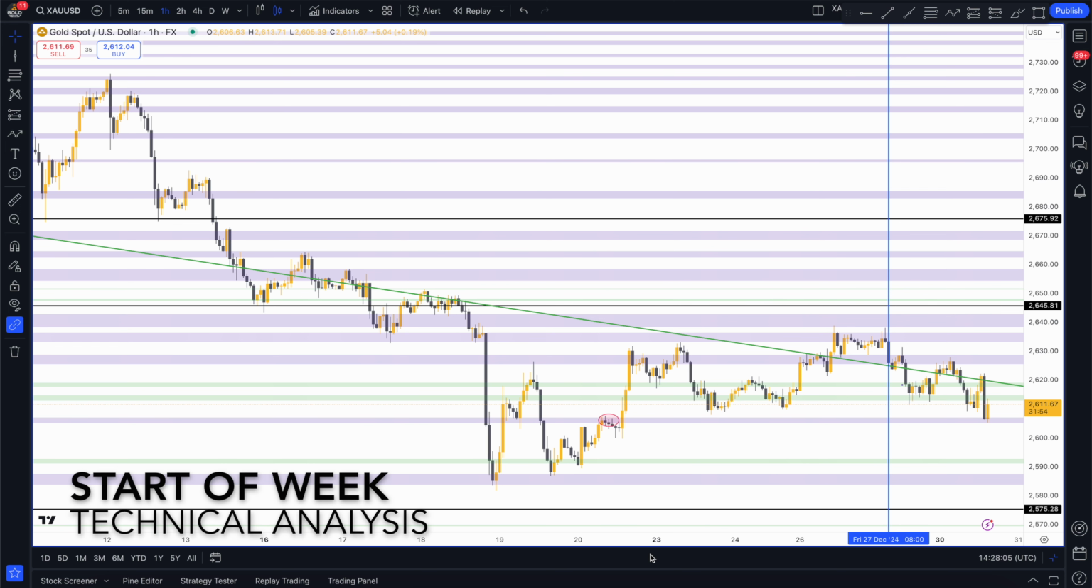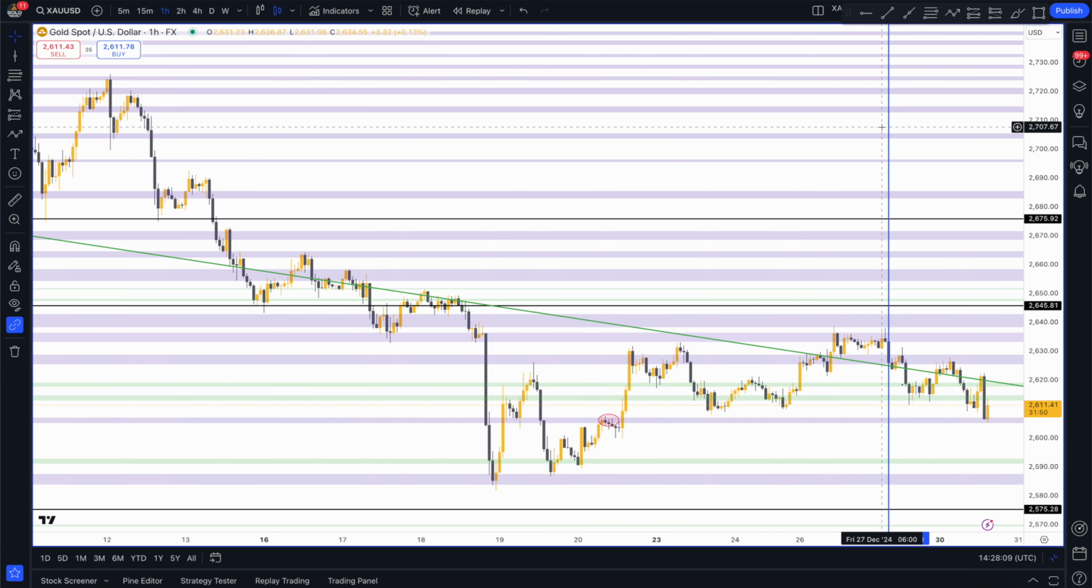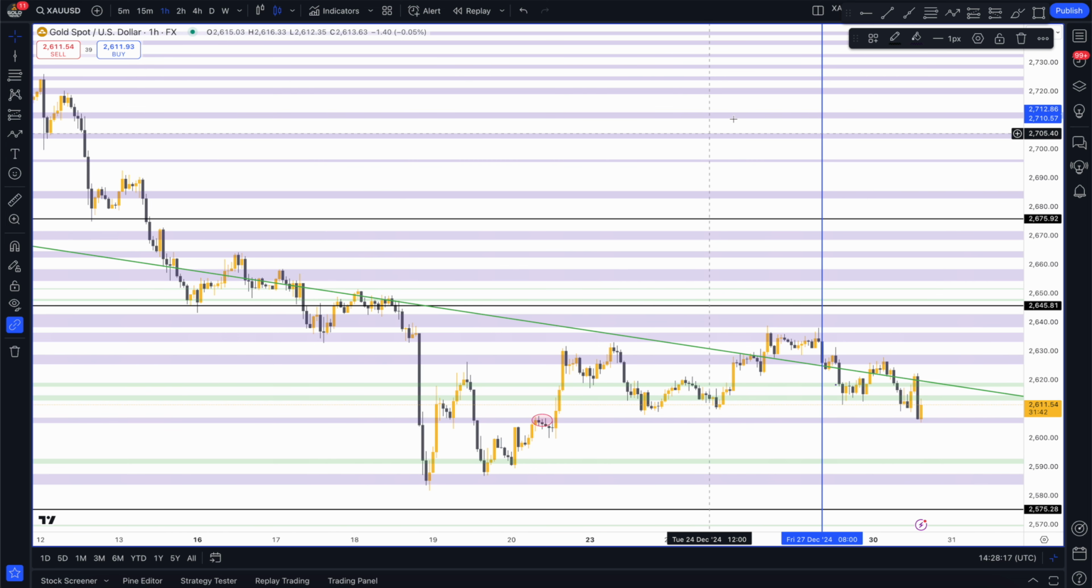Our start of week technical analysis. Going to jump straight into things here. So as you know, this blue vertical line represents the last point in which we left off in our last technical analysis video, our last technical analysis video being our end of week. As you can see, we don't actually have much information to mark up, so this will be a quick one,